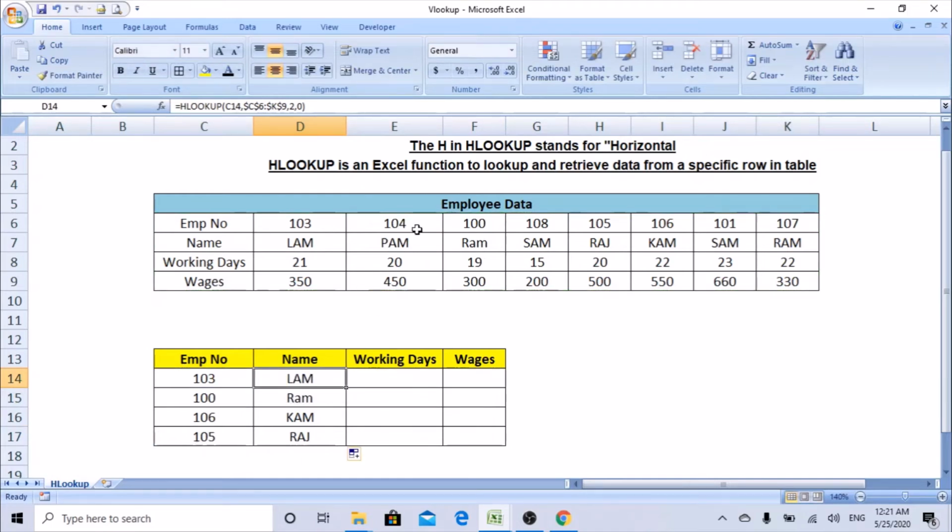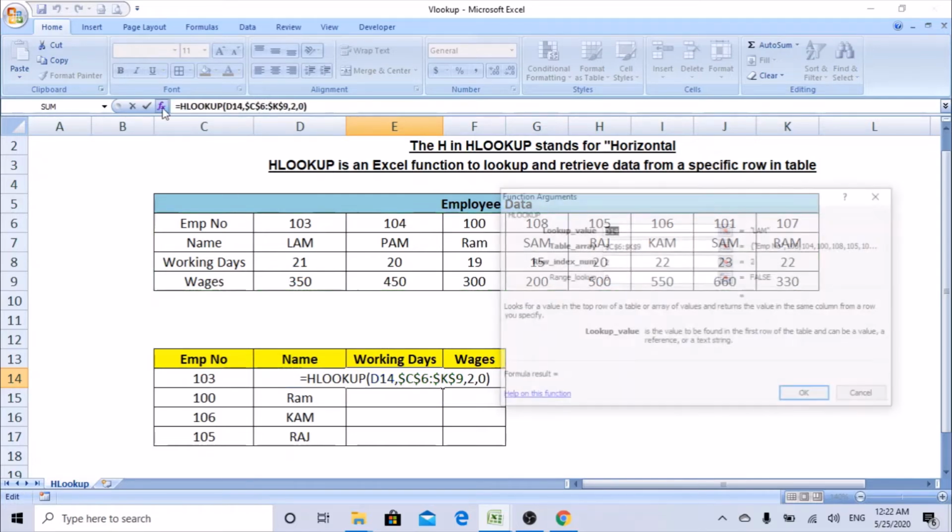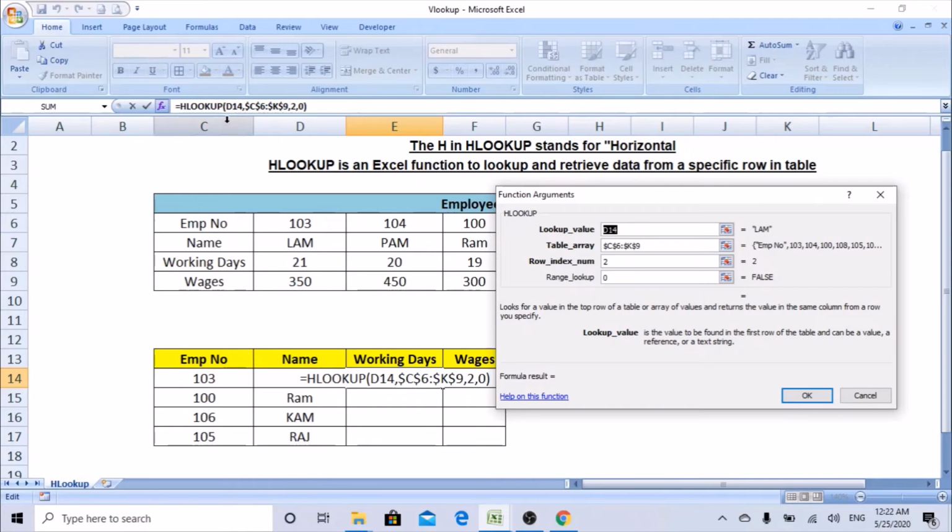So I need to get the working days and the wages. We can copy this formula to the right, but the range is locked, right? And the cell we have selected is showing D14. D14 is nothing but the name column. So we can use the 103.